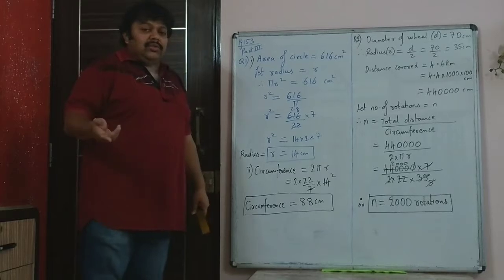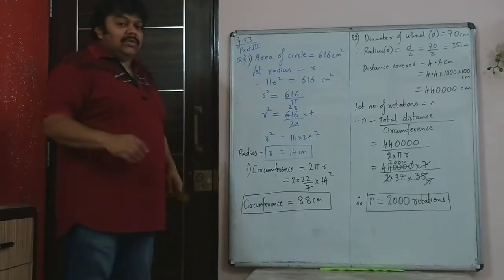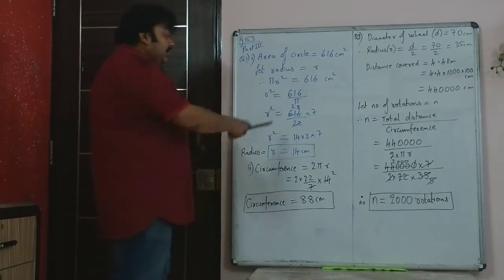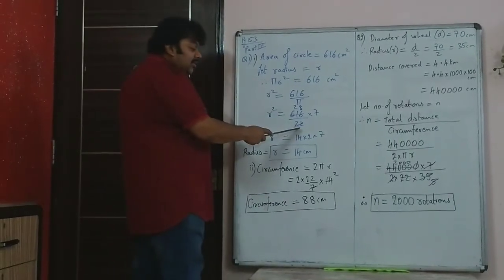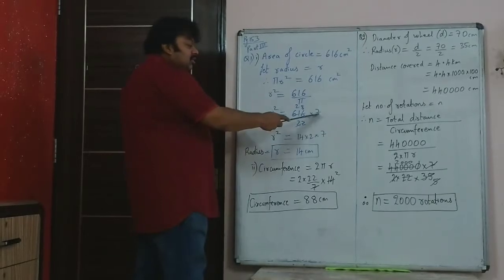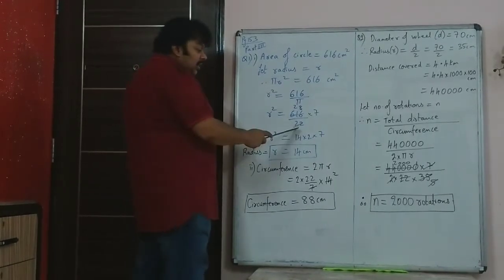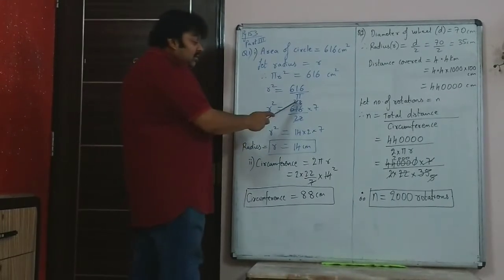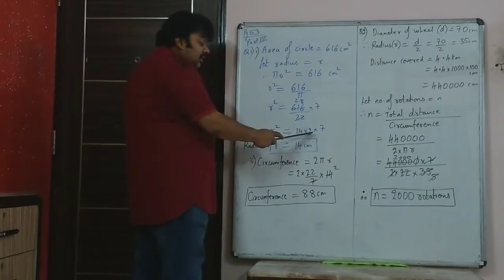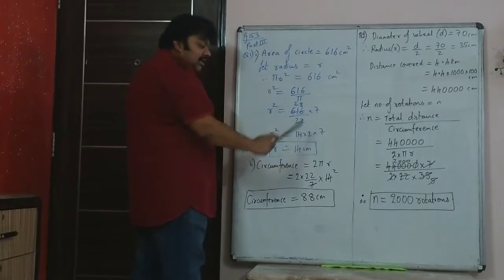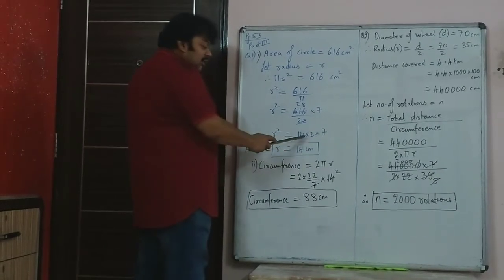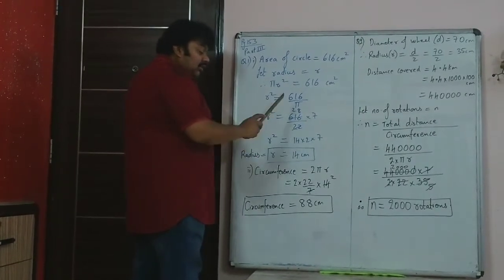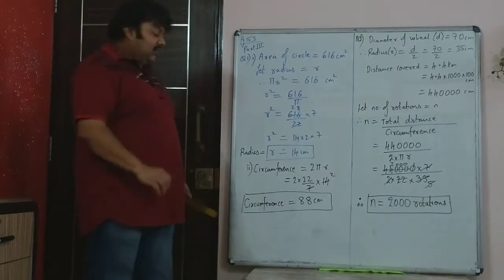Generally we take 22 by 7 because usually the numbers will be divisible by either 22 or by 7. So in this case I have taken 22 by 7, so it is upon 7, so the 7 goes in the numerator. 22 goes 28 times into 616. So r squared, instead of 28, I have written it as 14 into 2 into 7. So basically it is 14 into 14. So that is r squared, so r becomes only 14.